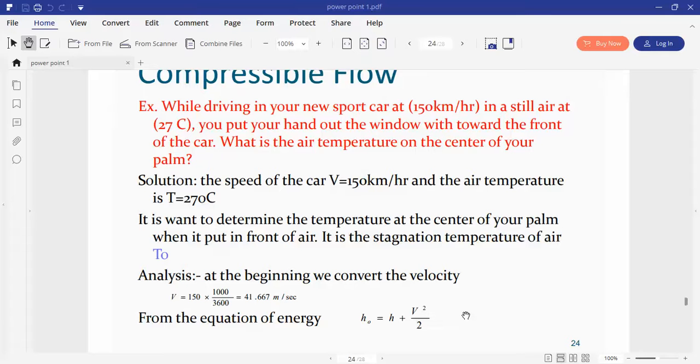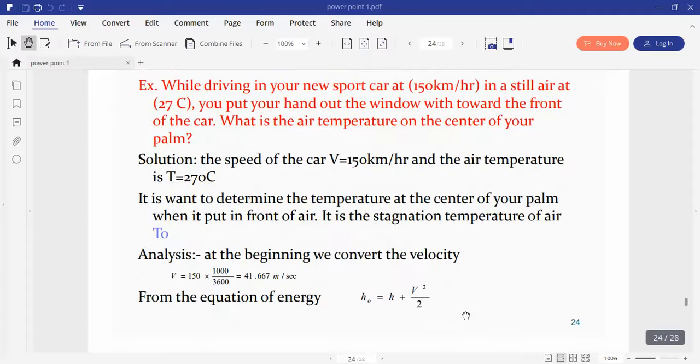Analysis: at the beginning we convert the velocity from kilometer per hour to meter per second, and this can be done by multiplying by 1000 and dividing by 3600, and it will be 41.667. From the equation of energy, h naught equals h plus V square by 2,